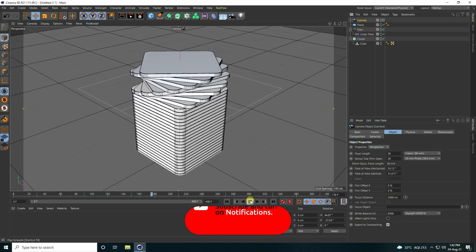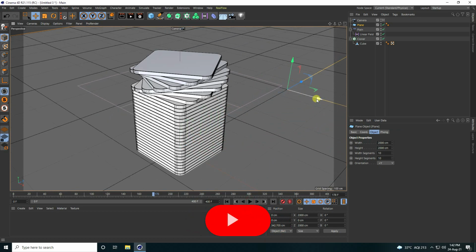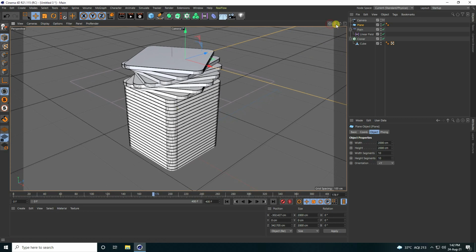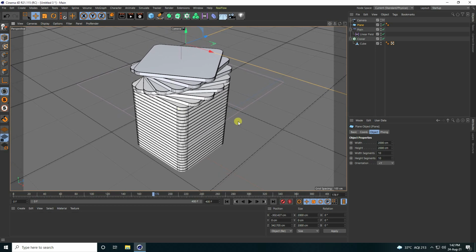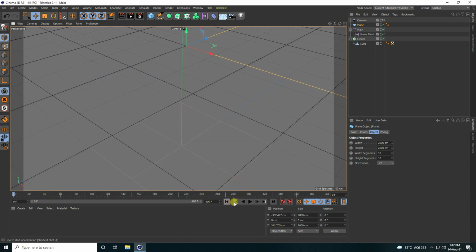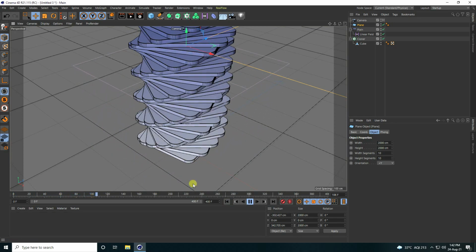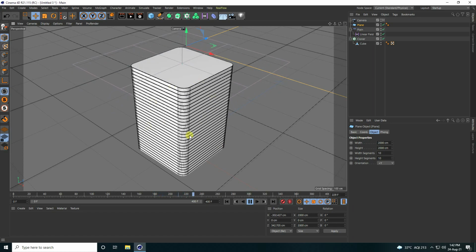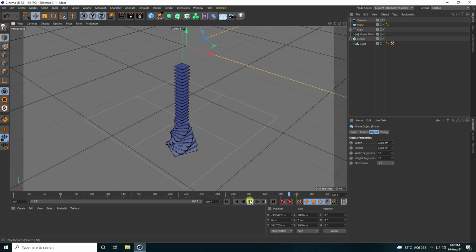Yeah, and guys, select this plane, change position like this, and also guys, camera position I like this one. Yeah, it's good. So play. Yes, beautiful guys, that's my final animation. So now guys, my animation is finished.